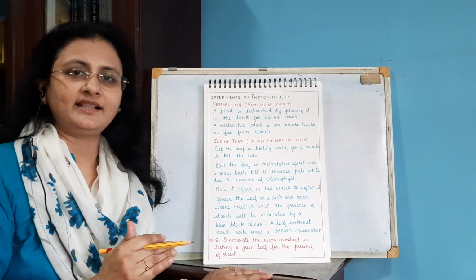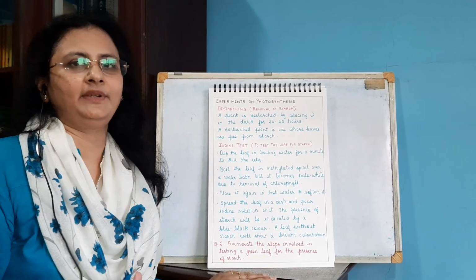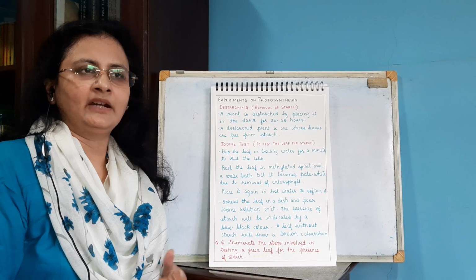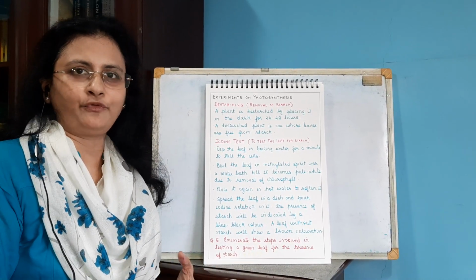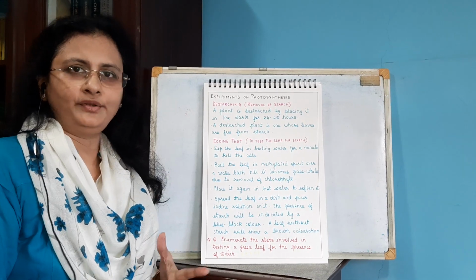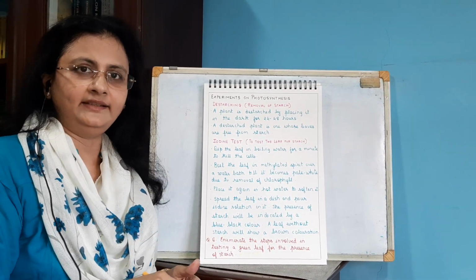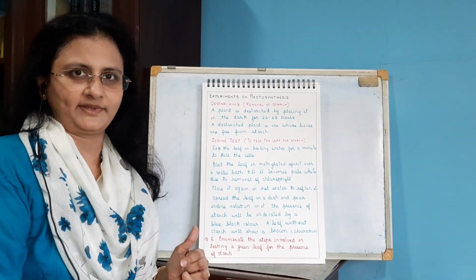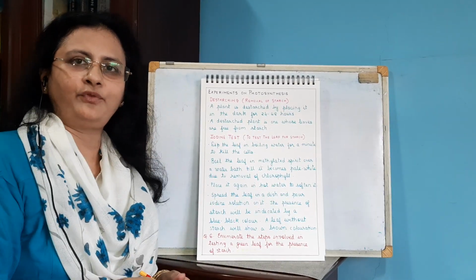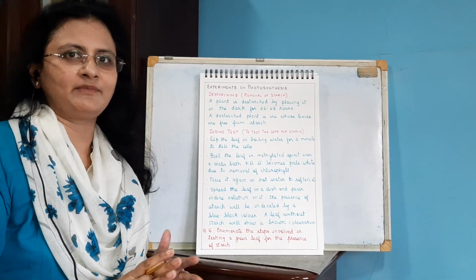Now this is a prerequisite for any experiment on photosynthesis. Why is it a prerequisite? Because if there is already earlier formed starch in the leaf, then you won't know whether the starch in the leaf is because of the factor which you are testing or the earlier formed starch. So unnecessarily, you can get false positive results. I hope I am making myself clear.